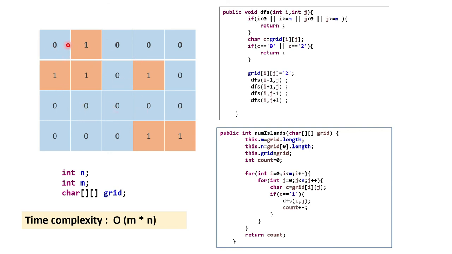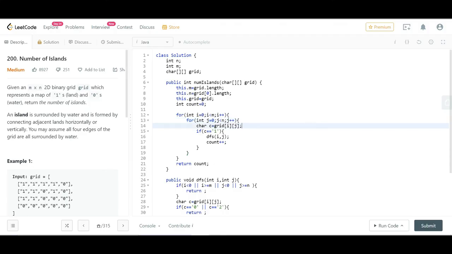Let's say all cell values are 1. In that case, from here we will start our DFS call, and as all these cells are connected because all are 1, we have to do a DFS call for each and every cell. That will also take O of mn time because in total we have mn cells, right? So in the worst case, the time complexity will be O of m into n. And space wise, we are not taking any extra space, so we don't have to consider space in this case. Now if we submit the solution, it is working.